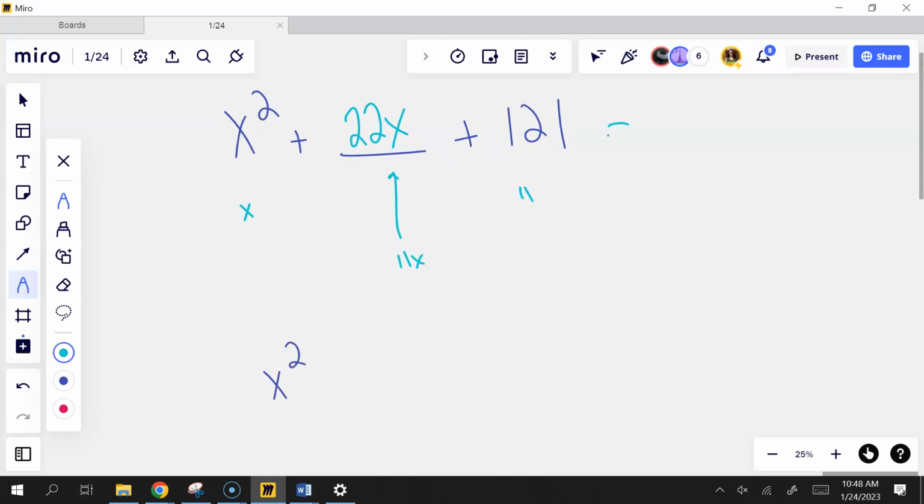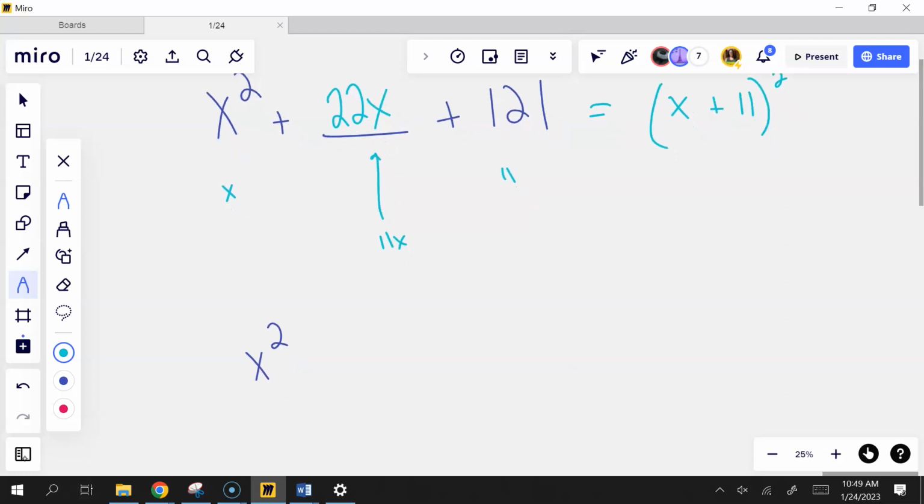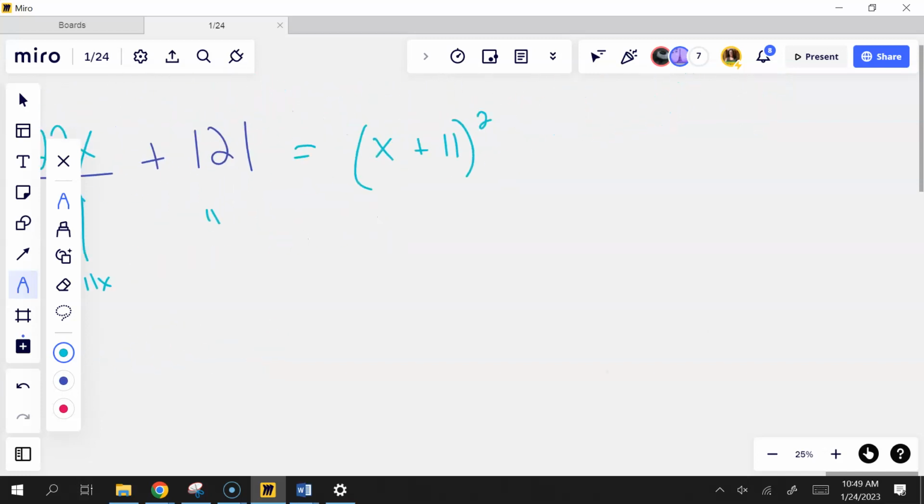How would it factor? How's it factor? If that's a 22x in the middle, how does it factor? X plus 11 squared. Okay, so we did this, finding this. I don't know if y'all remember, but we did that kind of thing. Okay. What if I switch it up a little bit, though, and I say,